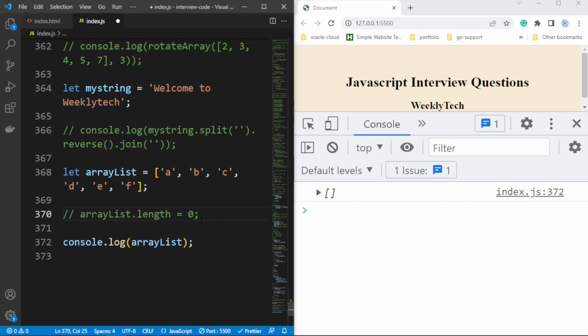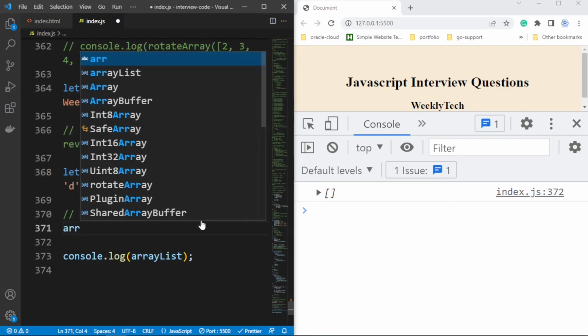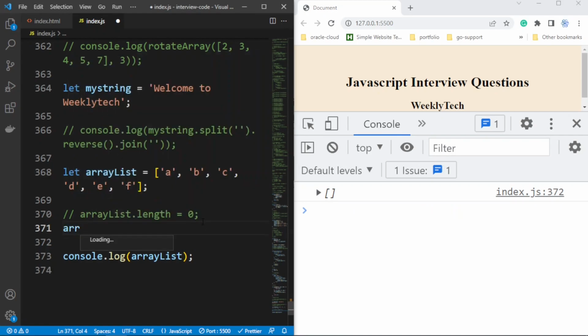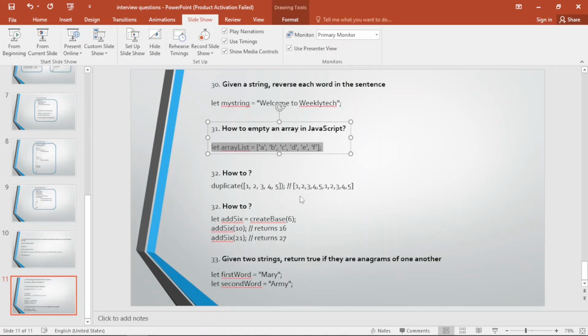We can also assign it to a new array like this, and in this case also we'll get an empty array. So coming to our next question, how to duplicate. Okay, so let's copy out the array itself,